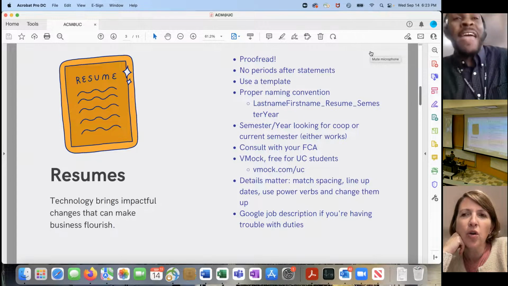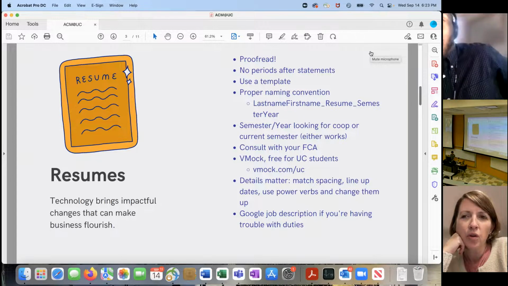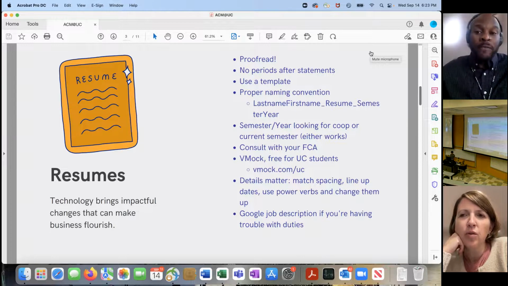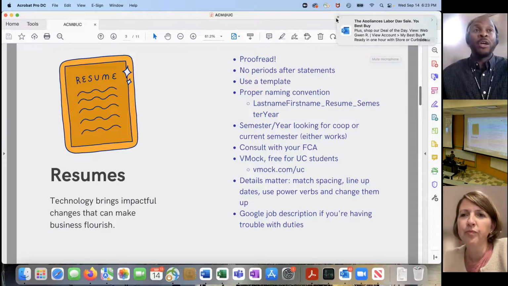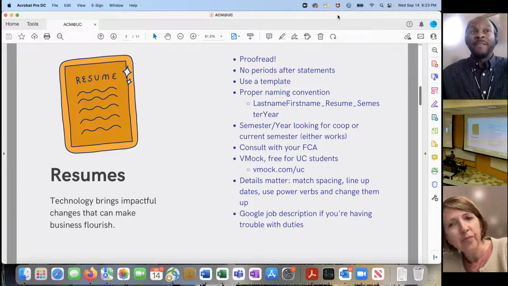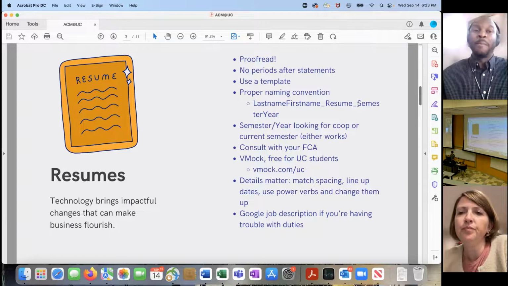So that is still a large part of your primary identity, but it's going to be followed up very quickly with the skills that obviously you've acquired along the way, and then that professional experience or project-based learning. So it's still going to have a lot of that same type of formatting.